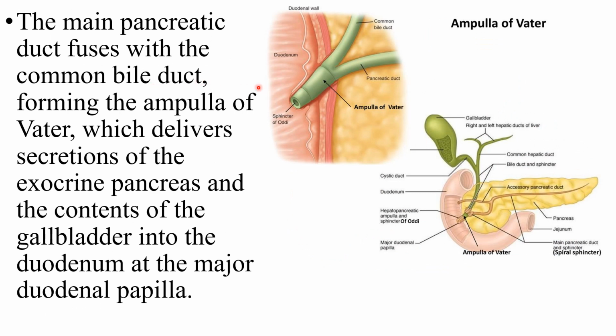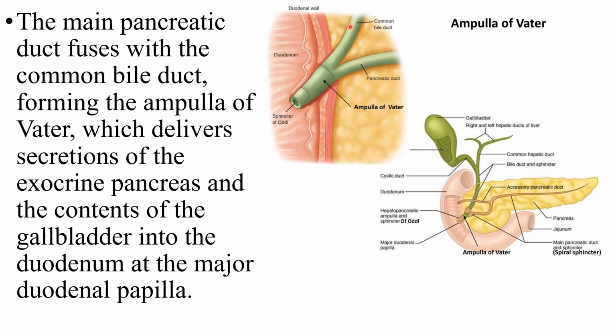The main pancreatic duct fuses with the common bile duct. See, the bile duct comes from the liver and the pancreatic duct from the pancreas. Both of them merge together, fuse together, forming a structure called ampulla of Vater. You can see here this common structure